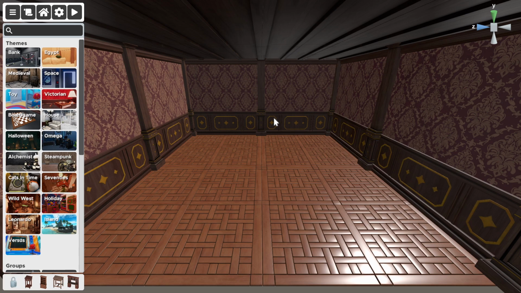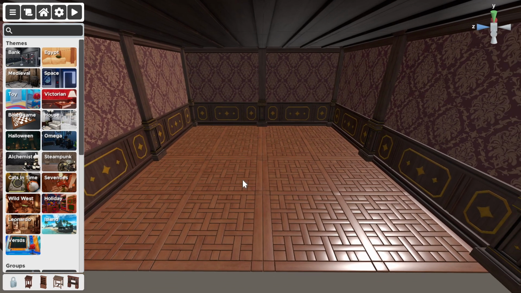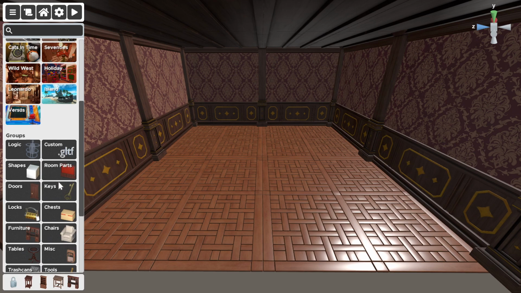Welcome to my series of videos where I will be going through and explaining multiple different aspects about Escape Simulator's level editor, such as basics on how to set up a room, going through these many different themes and assets that you can use, and how to import assets into your own level if you want to use unique assets as compared to the stuff that you're offered in, which is surprisingly very limited in comparison to the base game. I will go through that in a different